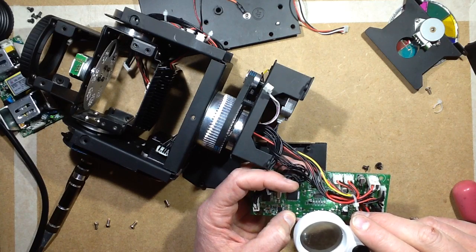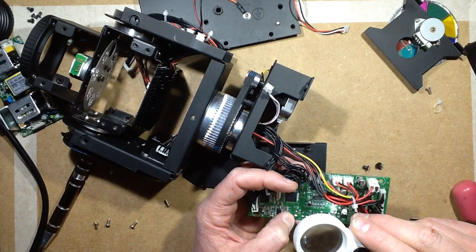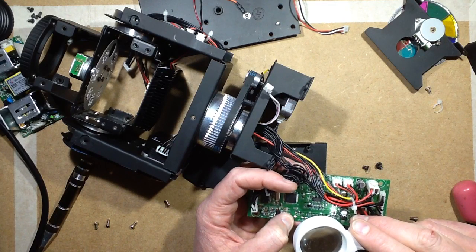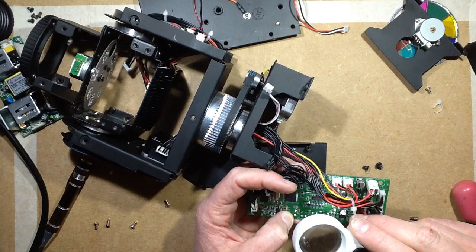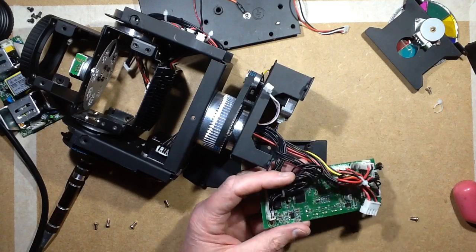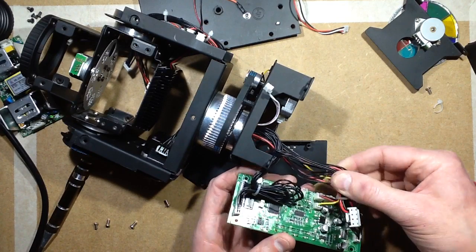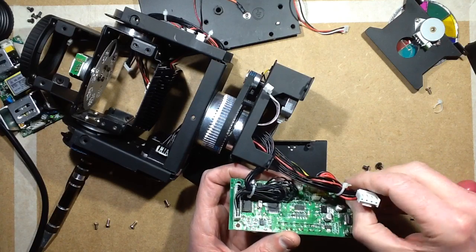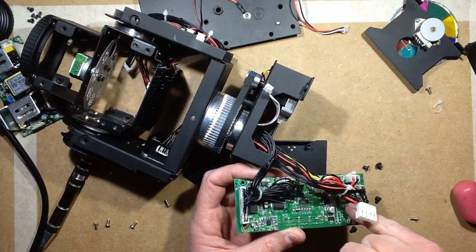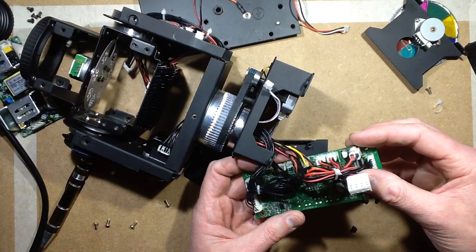74HC164D. Is that 74? I guess it must be. Oh yeah, it is 74HC164D. So it's a standard CMOS based TTL type chip for driving the display. Yeah, and just a bit of power supply circuitry down here, and these chips with the numbers rubbed off, the bastards. But yeah,